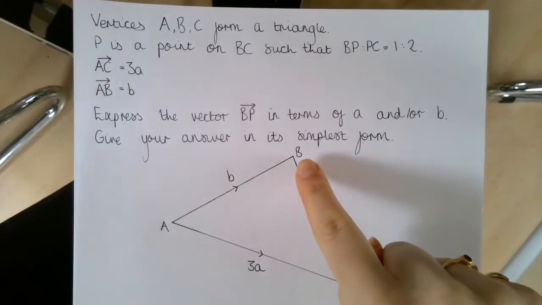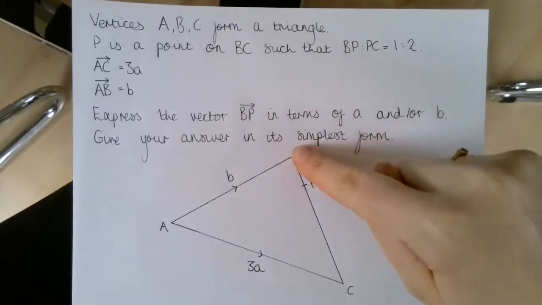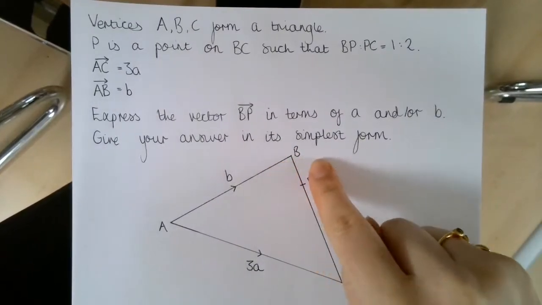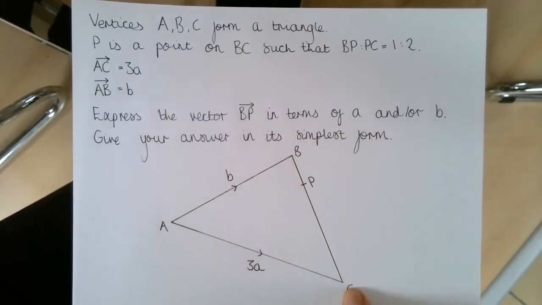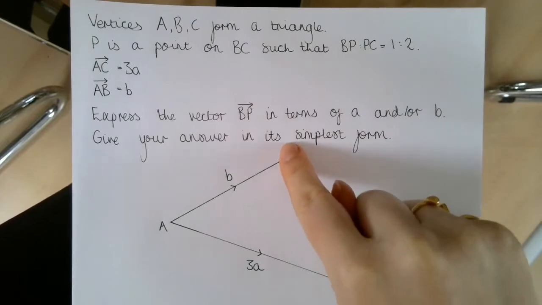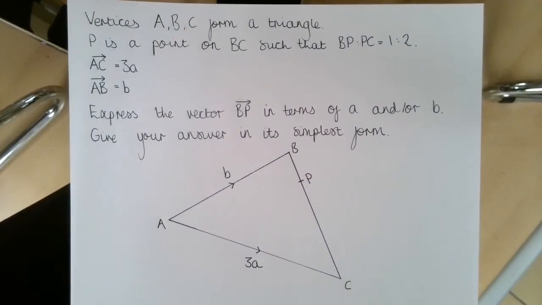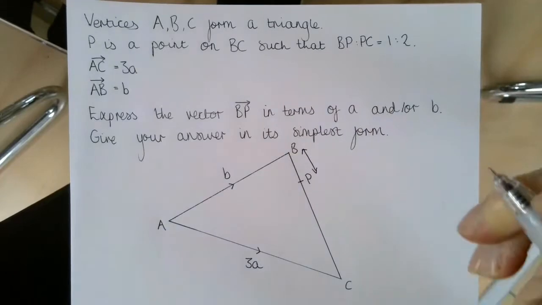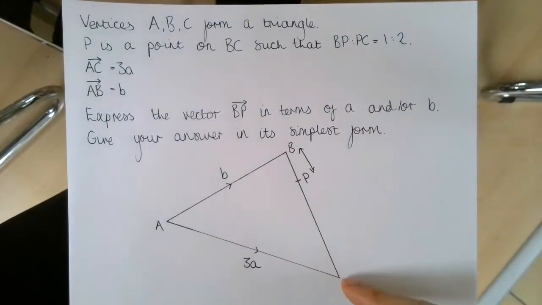We want to find the vector BP, so we're looking for the vector that will take us from B to P. Now we are told that P is a point on BC such that BP to PC is 1 to 2. So that means that the distance from B to P is a third of the distance from B to